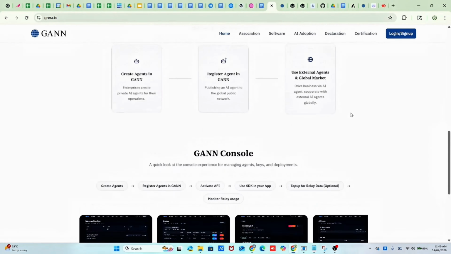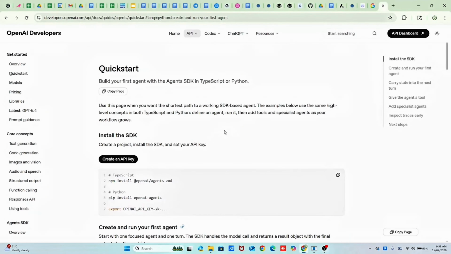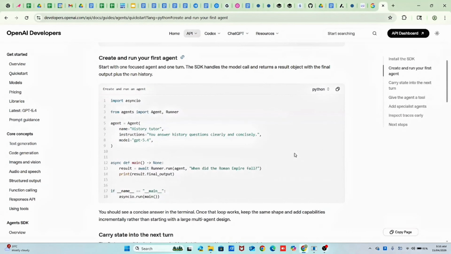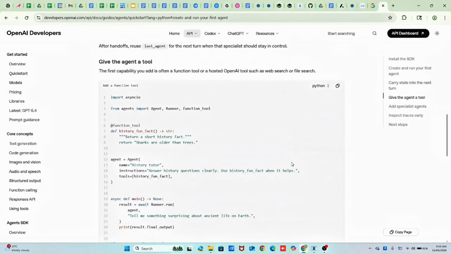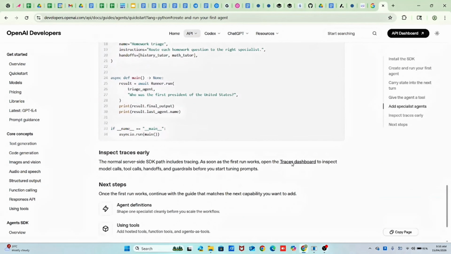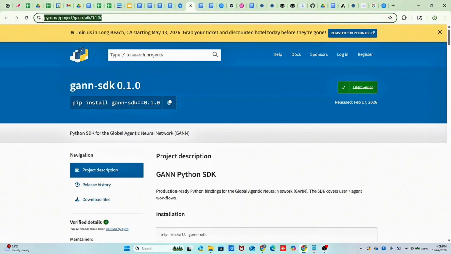A university commercial agent built on the Soika Mockingjay framework and an ASUS inquiry agent built on the OpenAI agents framework. First, we will create the ASUS inquiry agent using the OpenAI framework and taking the reference of the OpenAI Developers Console. Before integrating the ASUS inquiry agent with the GANN network, we have to install the GANN SDK using